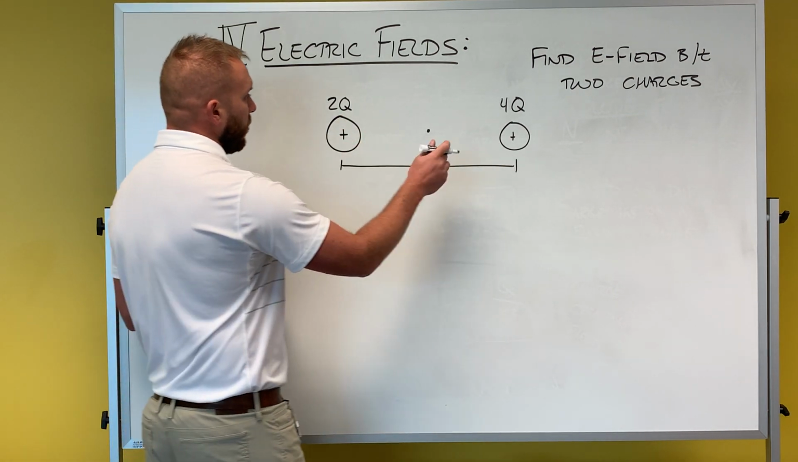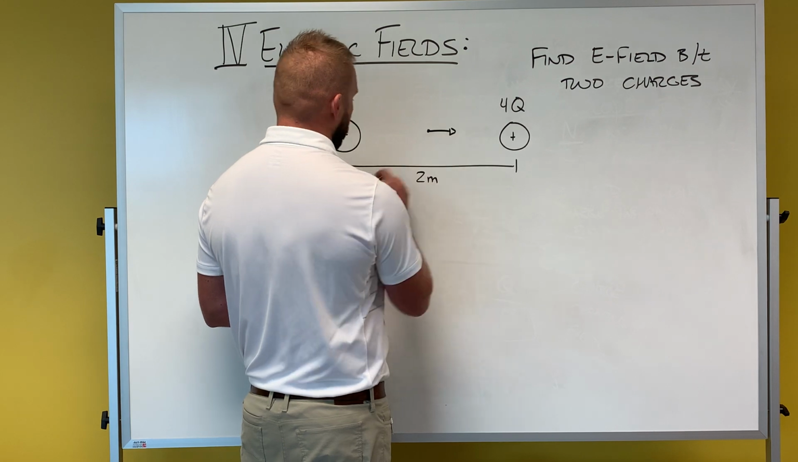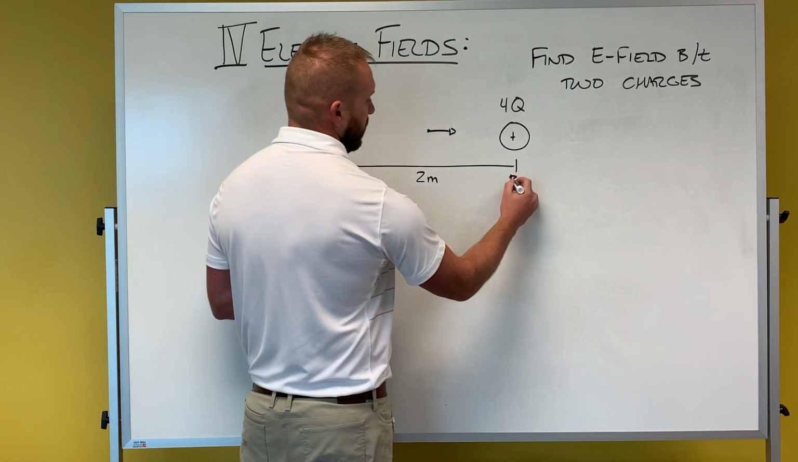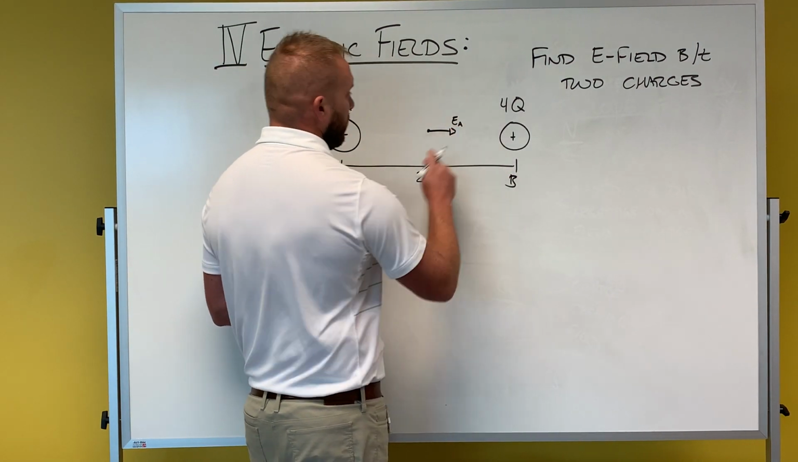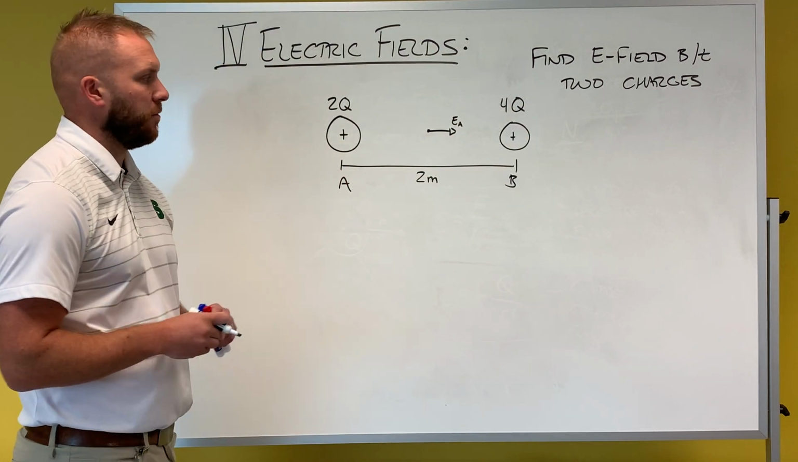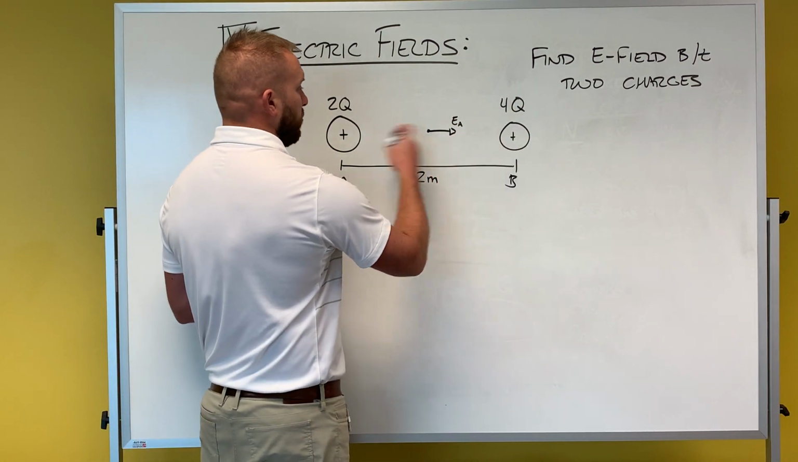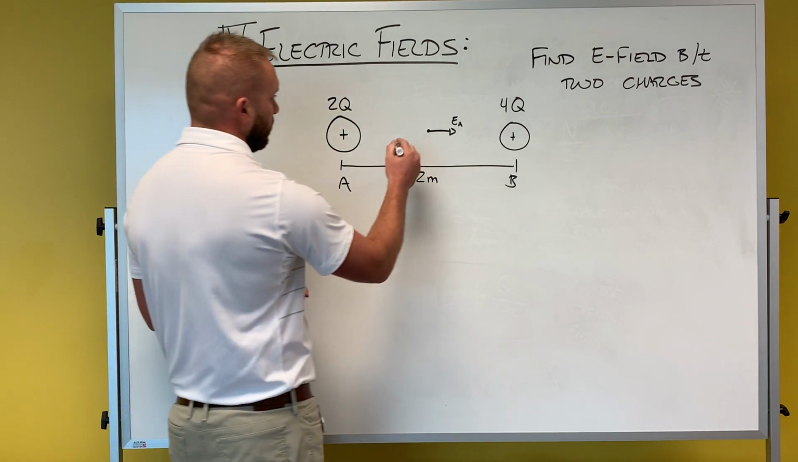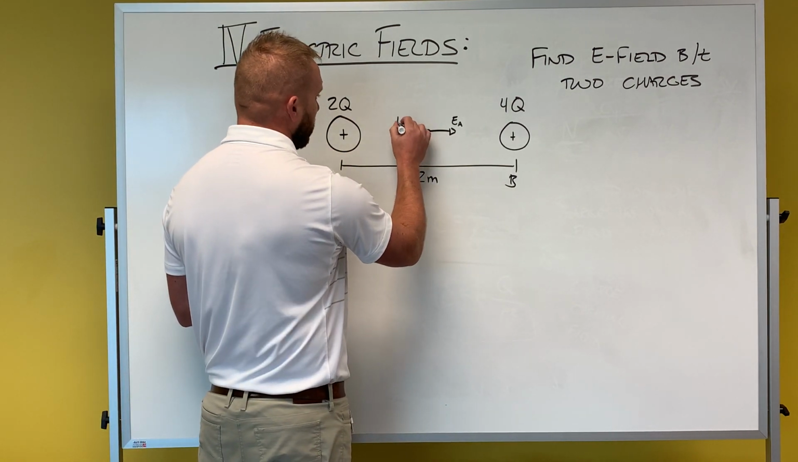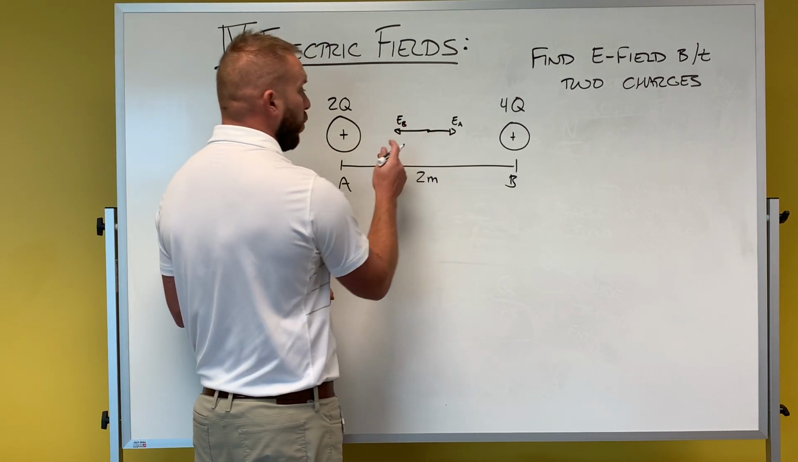And so what I'm going to show is that there is an electric field. We'll call this A, we'll call this B. Electric field A is going to point to the right. It points away from a positive. Electric field B is going to point to the left. I'm going to draw it twice as large